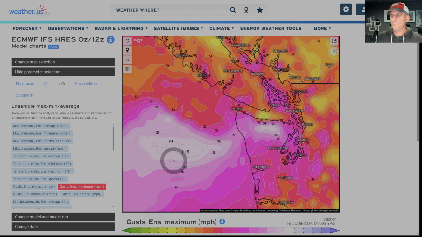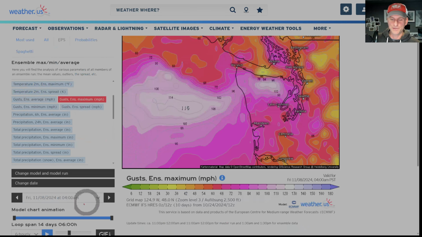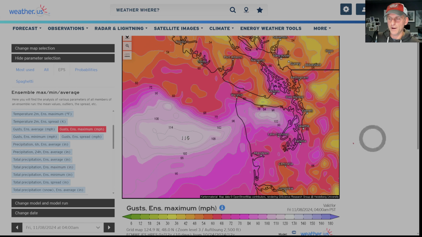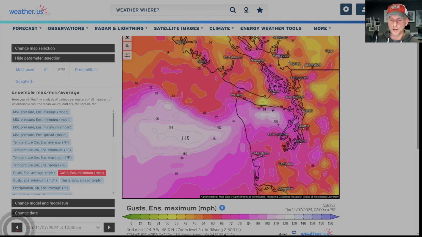So as you can imagine, some extremely wild scenarios show up. You can see some of these gusts over 100 miles per hour over the Olympic Mountains. Of course, it's nothing that you would ever actually make a forecast with. Obviously, this is just one ensemble member of 50, and you're way out in fantasy land here. So it's just kind of something you can do with this awesome power here.